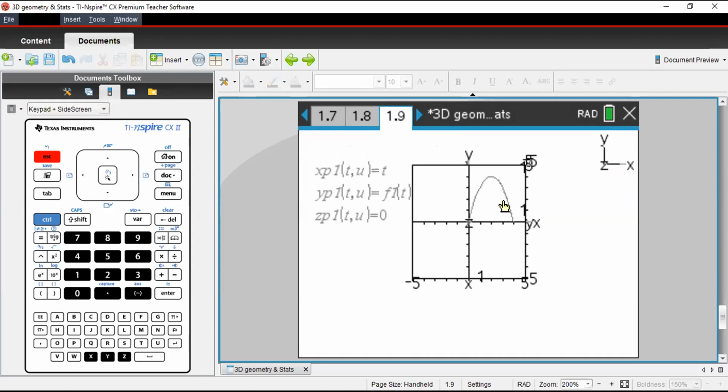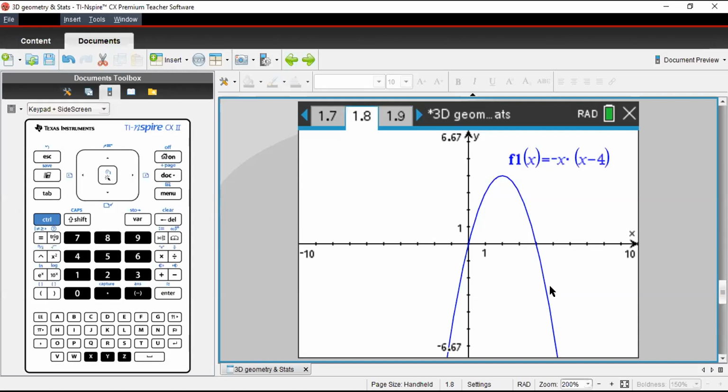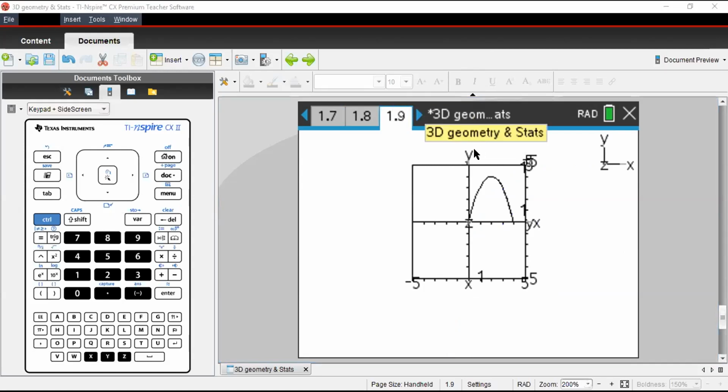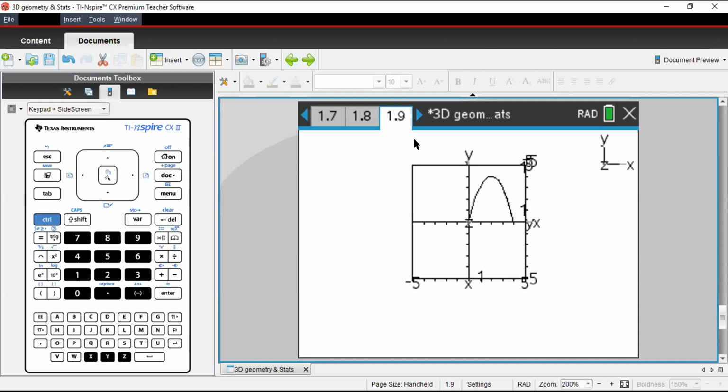Now we have done our first step. What was the first step? You need to just transfer to the 3D grid. So we have just transferred the same 2D function to a 3D function. Now the next step is to define XYZ components in 3D window. Our question is, we are going to rotate this 3D model around the X axis.